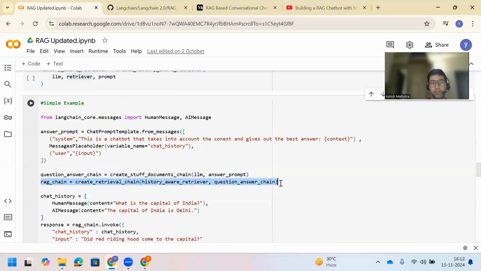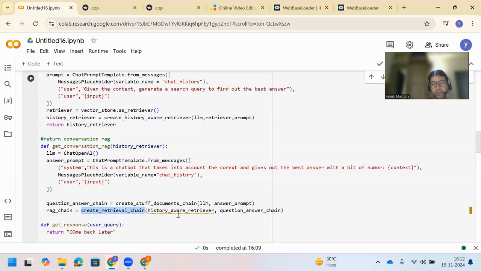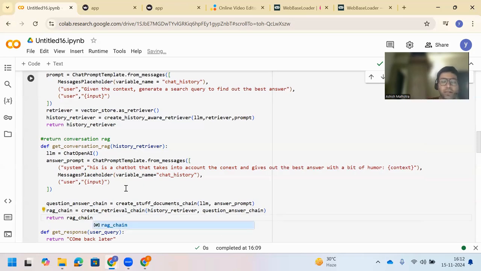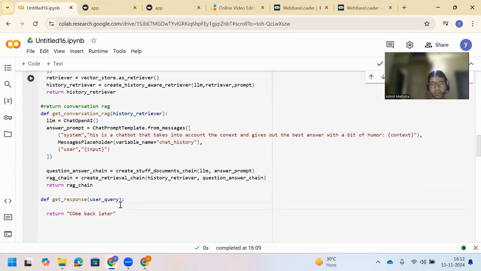And then finally the RAG chain. RAG chain is equal to create retrieval chain. This is going to take the history retriever from here and question answer chain, and this is going to return RAG chain. Fantastic. So now we have created the conversation RAG as well. Great. Now, finally, what we need to do is make certain changes in the get response